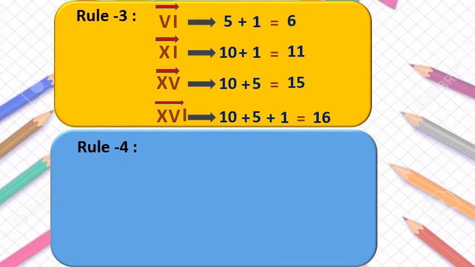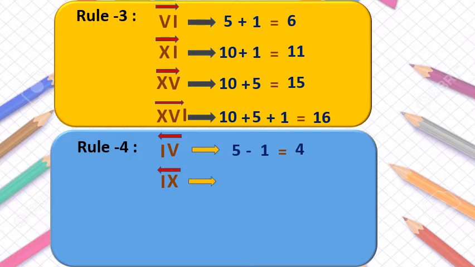Now when we write to the left of a bigger number that I or X, we have to subtract the number. Okay? And we can use I or X to the right only once. Sorry, to the left only once. See here. I am writing I to the left of this one. So I am going to minus 1 from 5. See, the value is 4. Got this? Take one more.